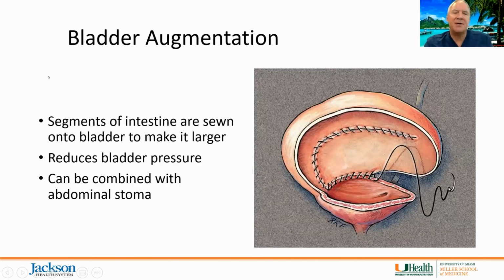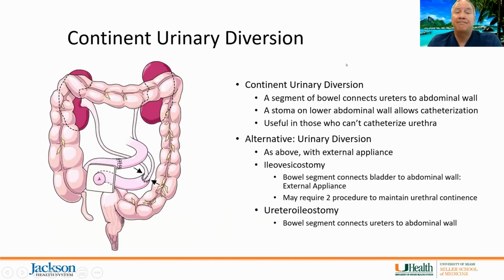Bladder augmentation is a possibility where you actually sew a portion of the intestine into the bladder to make it larger when you have these small contracted evil bladders that Ed McGuire is so concerned about. This will significantly reduce bladder pressure and can be combined with an abdominal stoma. You can have a continent urinary diversion, and depending, this can take the place of the bladder itself, and so you tie the ureters directly into this stoma so that you can have either an ileovesicostomy or a ureteroileostomy,